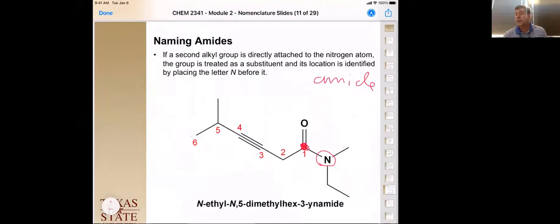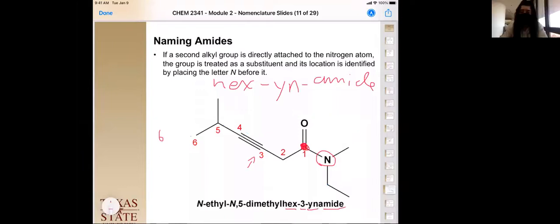So we number it to 6. So we have hexa, hex. But we have a triple bond. So we have to locate our yne in there somewhere. So this is going to be hexynamide, but we still have to give it a number, okay? So our numbering from here, our first carbon of our yne is on 3. So now we have hex-3-yn-amide, okay? Do we all see where that came